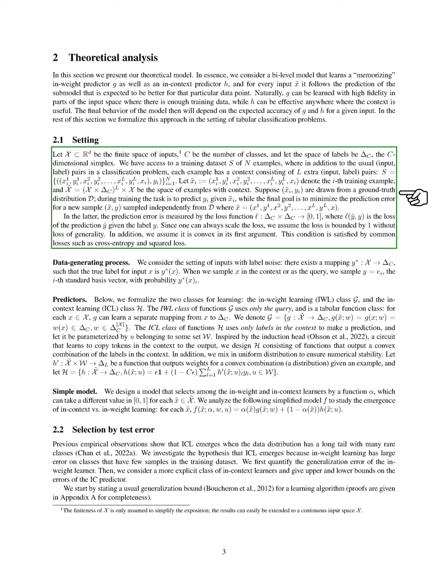Section: Simple Model. In this section, we design a model that chooses between in-weight and in-context learners using a function, which we call alpha. This function can take different values between 0 and 1 for each input. We analyze a simplified model to understand how in-context and in-weight learning develop. For each input, our model combines the outputs of the in-weight learner and the in-context learner based on the value of alpha. We observe that in-context learning tends to appear when the data has many rare classes.